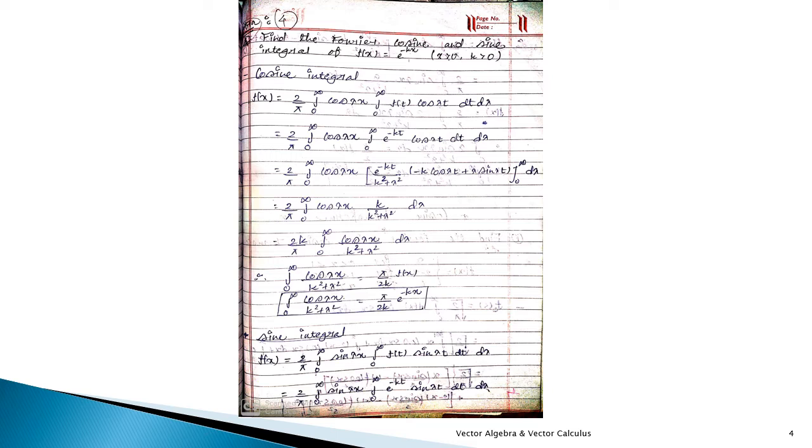Okay, so cosine भी आपको पहली बार आ रहा है, because इससे पहले हमने कोई भी सम नहीं किया है cosine का, but this both the methods are, these all the methods are same for all, either it is of general cosine or for the sine integral. Okay, so it's cosine integral, so first we will write its formula for the cosine, that f of x equals to 2 upon pi 0 to infinite cos lambda x 0 to infinite f of t cos lambda t dt d lambda.